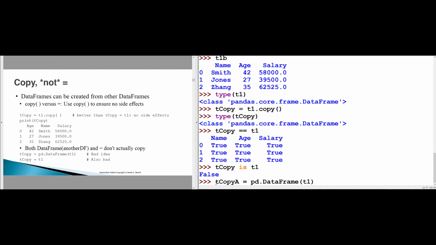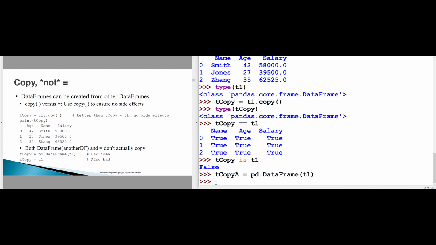This is a little bit shocking because it doesn't actually create a new data frame. If we give a data frame as our argument to the data frame construction function, the data frame construction function realizes, oh, that thing is already a data frame, I don't have to do anything. And in this case, tcopy A is